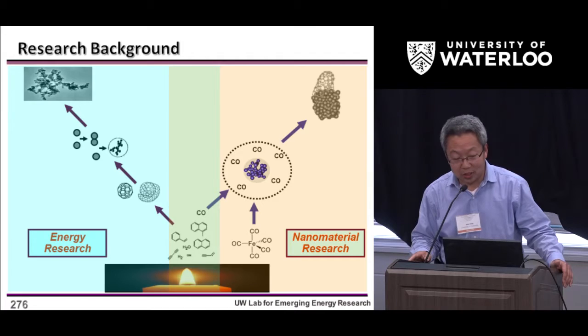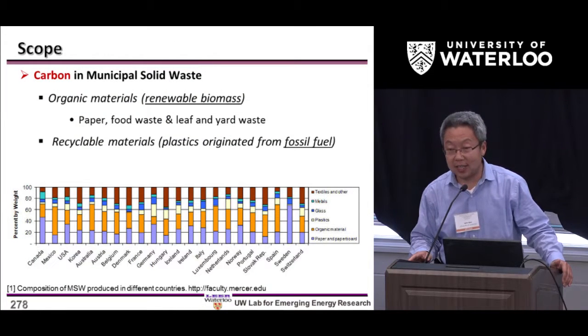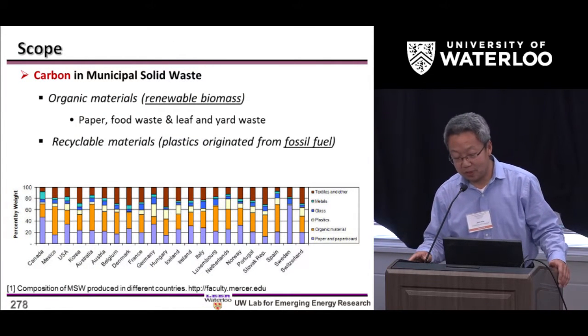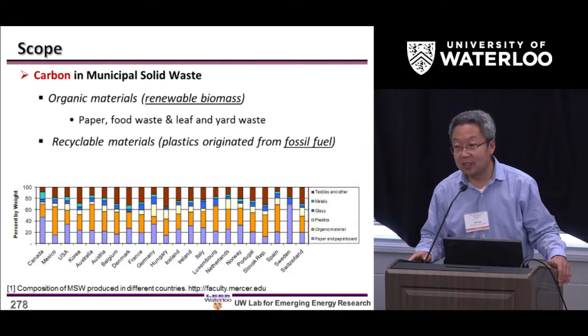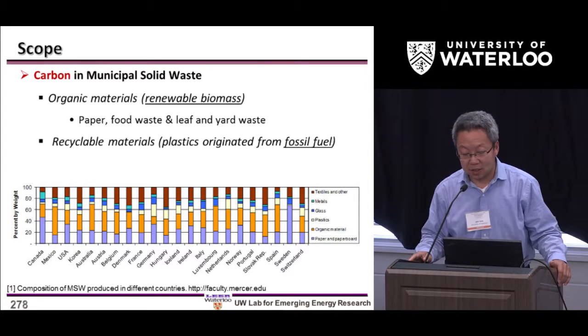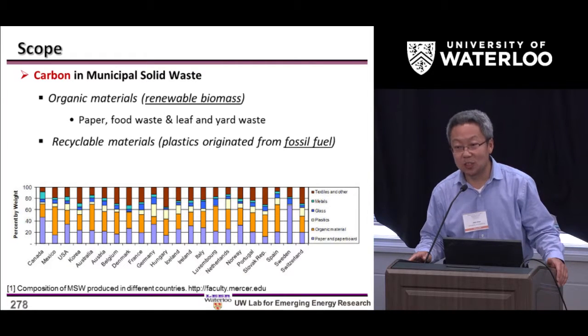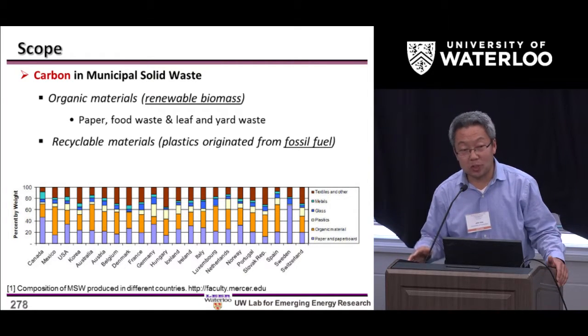Yes, I talk about carbon in municipal solid waste and look at this famous diagram here. So we have the composition of the municipal waste from different countries, but basically if you look at types, they are very similar. So we have some paper, organics, plastics, glass, metals, and also textiles and others, right? Depending on the country, we produce different amounts, but the types are quite similar.